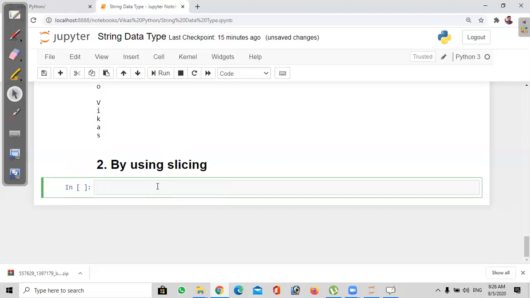So what is slicing? Normally slicing means taking a part or a piece of a string. For example, we have 0, 1, 2, 3, 4, 5, 6, 7, 8, 9, 10. These are the index numbers we have.